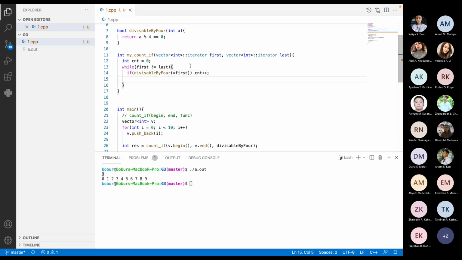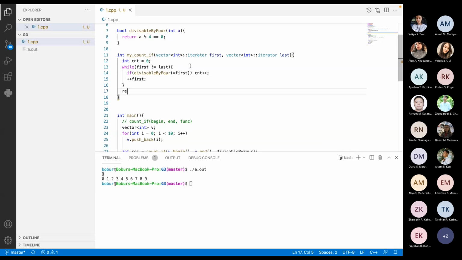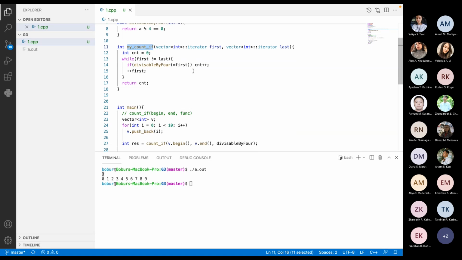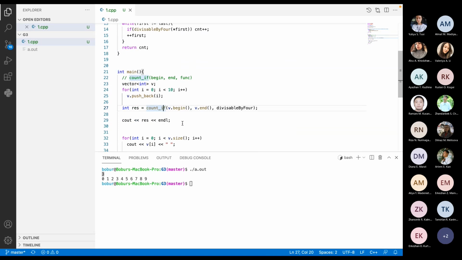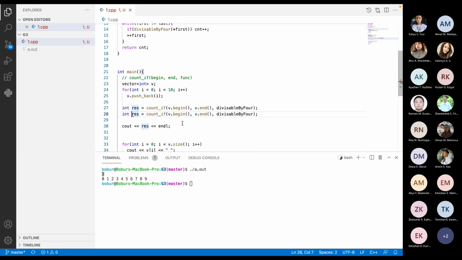And after checking the current element, I have to just increment the first, which means I have to go to the next element of the collection. And at the end, I have to return the CNT. So you can call your function again. So let it be the result number 2. And we want to call our function,